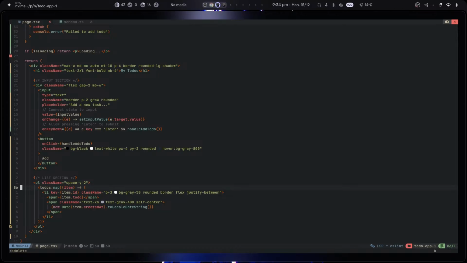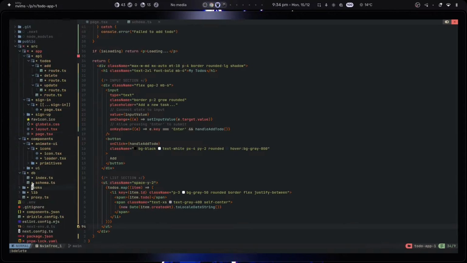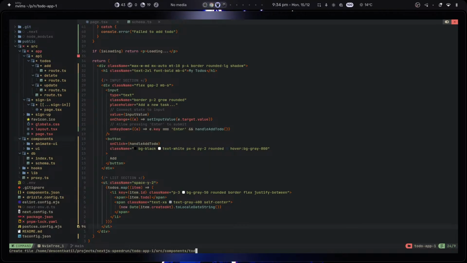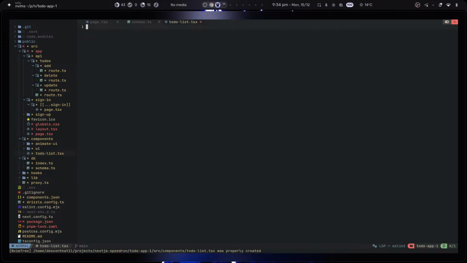I would actually like to move the whole logic from list section to to-dos list. So let's do that. For that we need that same to-do list that we deleted. I mean, it's not a big deal. Let's just create it back and export